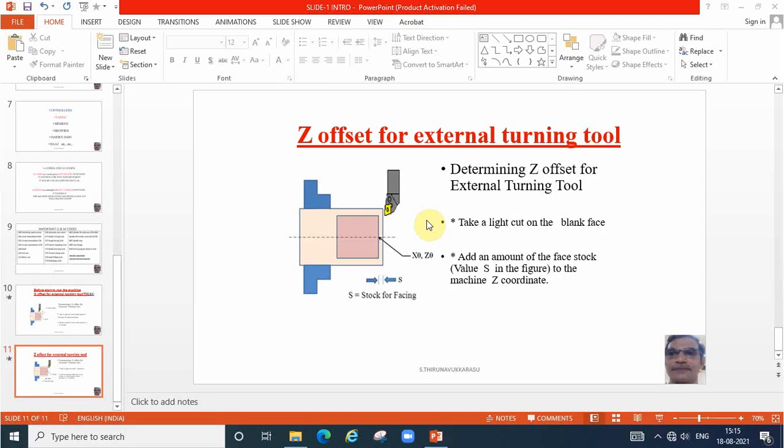See how to write the program manually for a simple given profile by using G codes and M codes. Clear? Okay, we will see in the next slide, slide number 2, for manual programming. Thank you all.